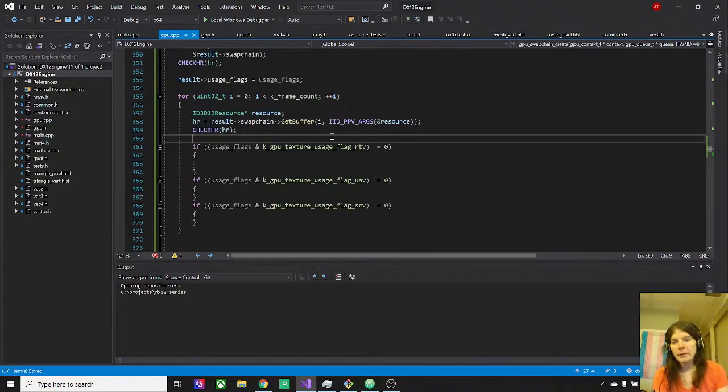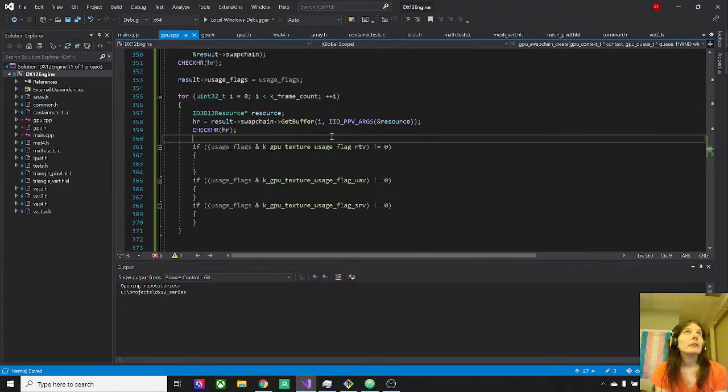You create the resource and you can upload to it or render to it. That's not the case with swap chains, and I think swap chains are the only time where this isn't the case. So with swap chains, you create the swap chain and then you have to ask it for its buffers, which means that